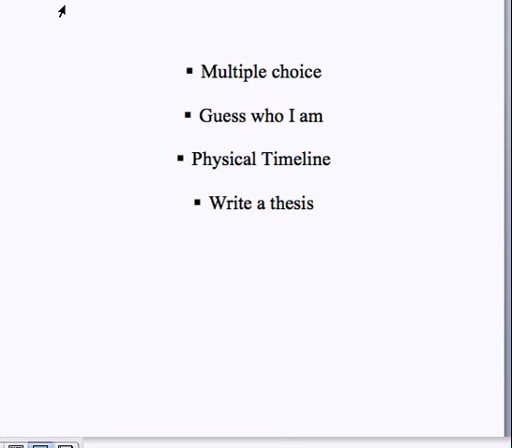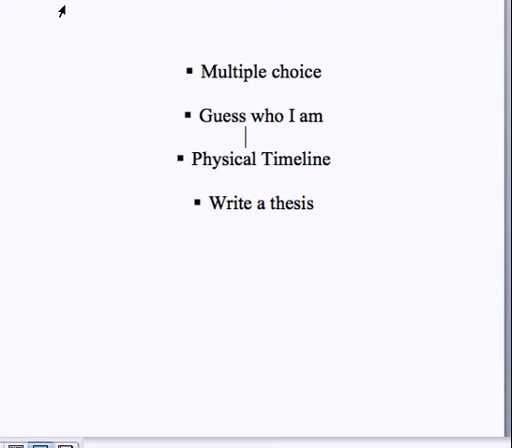I will once again tape time periods or events to each student's back, and I'll hand them a piece of paper with an event on it, and they will need to organize themselves into a physical timeline. As they're doing that, I'll engage in an instructional conversation, asking them cause and effect questions, change over time questions, main idea questions to make sure that they understand those parts